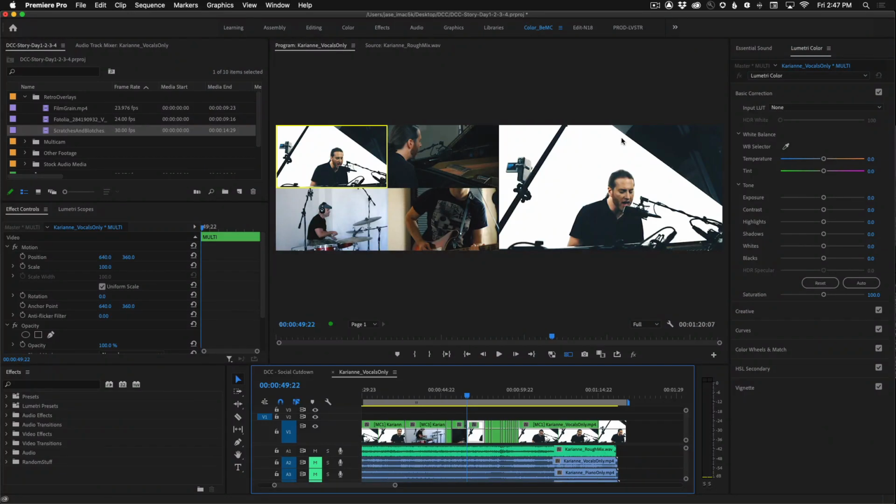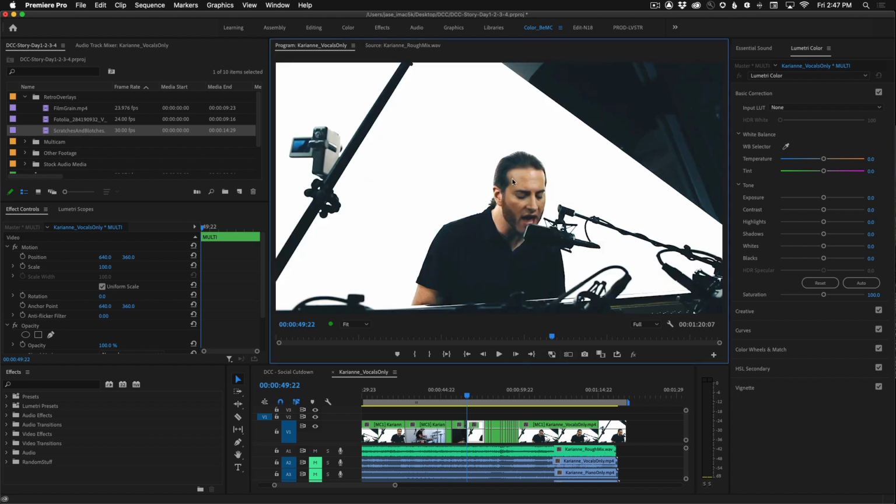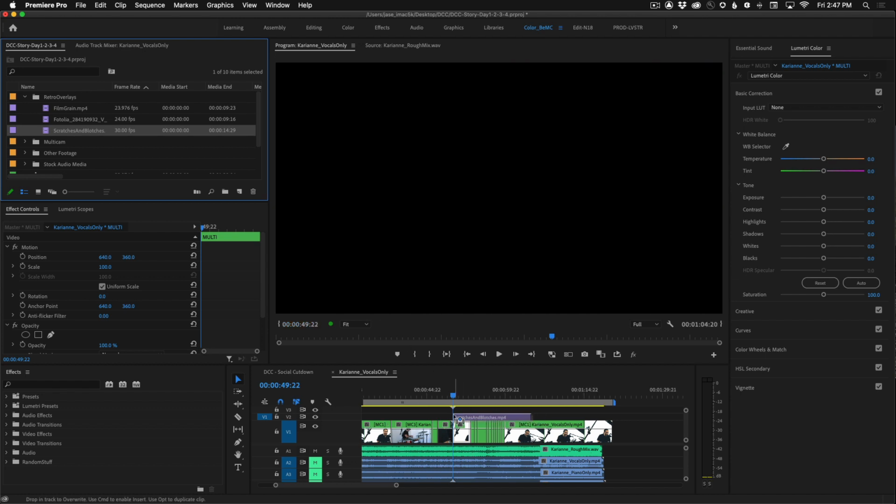In this brief tutorial, I'm going to show you how to use some of the noise and film grain overlays to stylize your video. Let's start with it first on this multicam edit here. So I'm going to go out of multicam viewer modes. We're just looking at the edited frame. I'm going to take the scratches and blotches video and just drag it down into the timeline and snap it